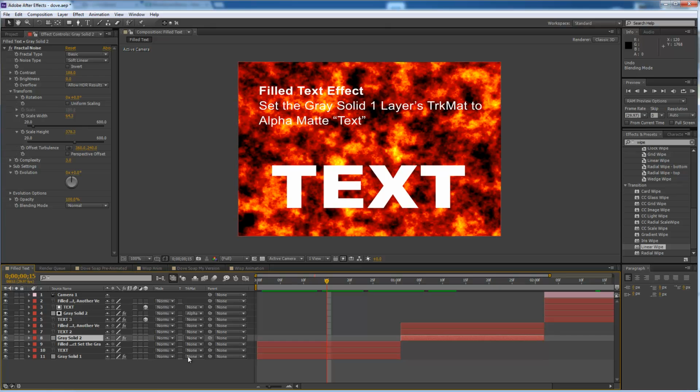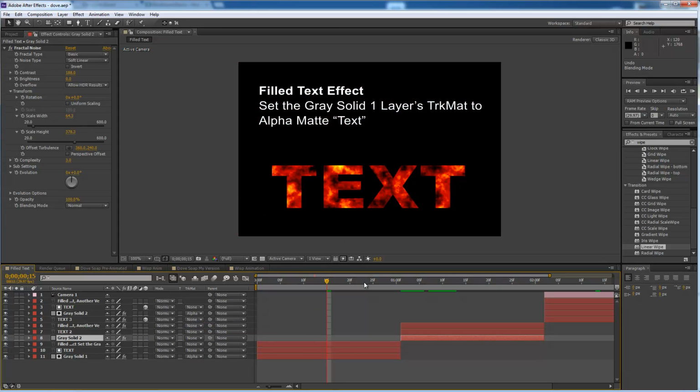For instance, we're just going to set this gray solid layer here to alpha matte, and there we'll see we now create some fiery text. So that's kind of cool. So go in and play with these a little bit, and I think you'll find it's a nice little quick learning